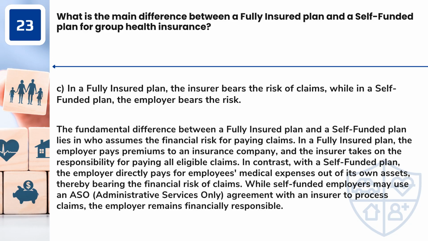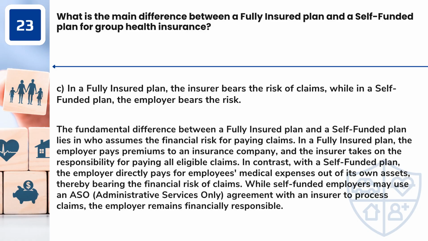In contrast, with a self-funded plan, the employer directly pays for employees' medical expenses out of its own assets, thereby bearing the financial risk of claims. While self-funded employers may use an ASO, administrative services only, agreement with an insurer to process claims, the employer remains